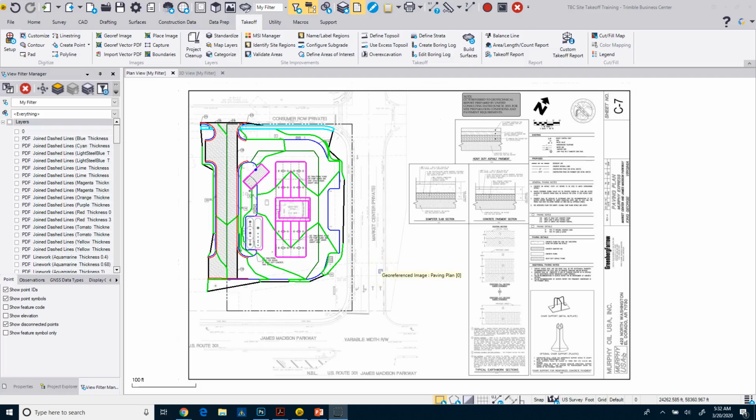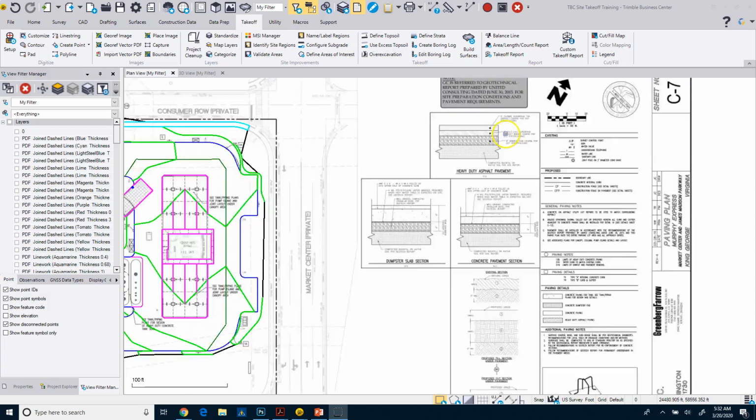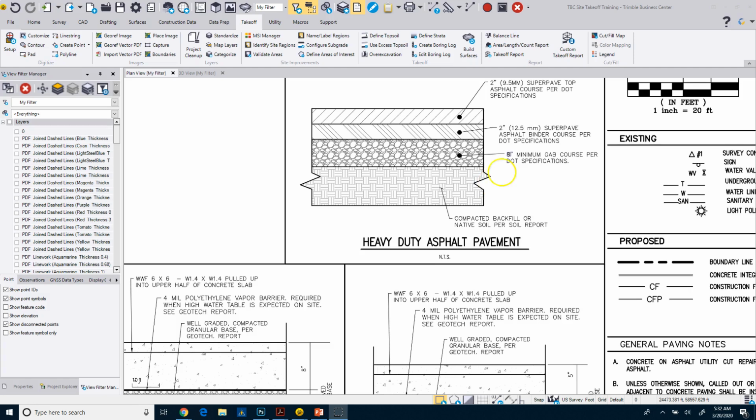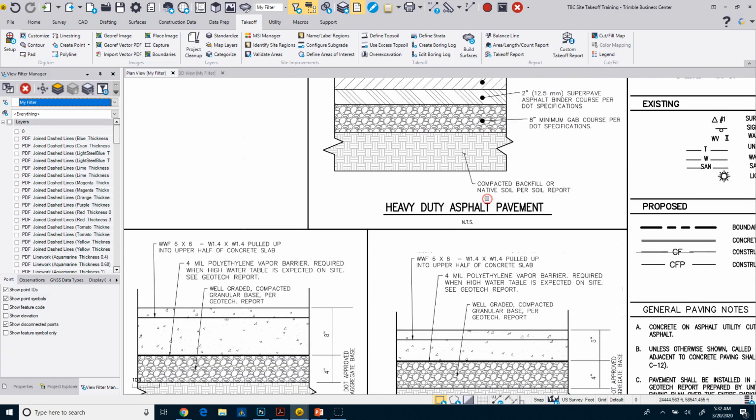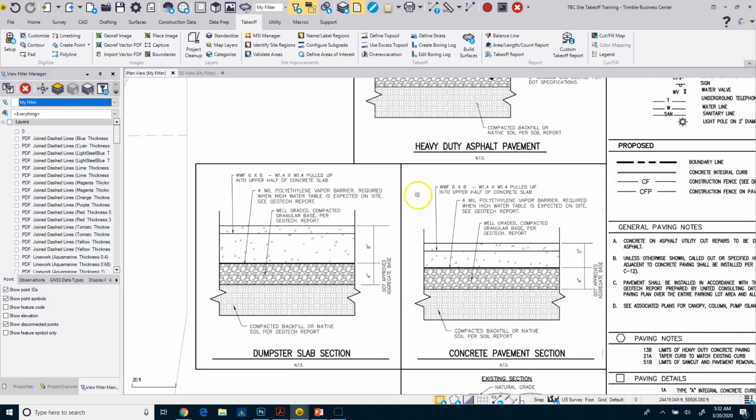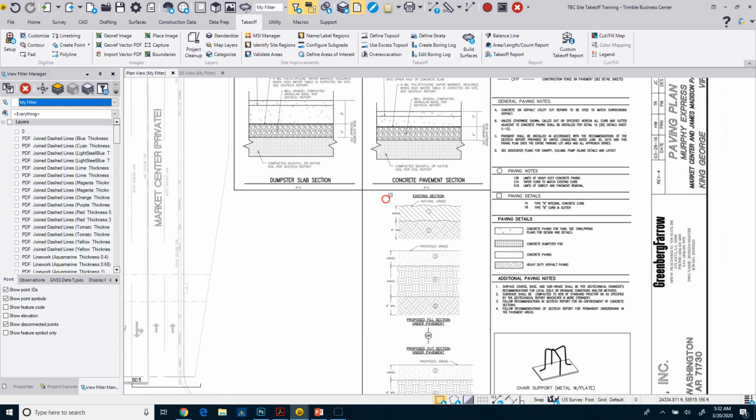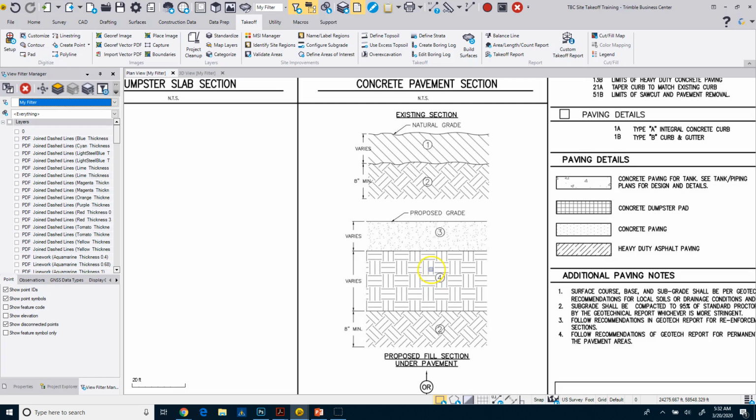Okay, so now that we have our boundary edges, what we need to do before we can add in our site improvements is to actually create our materials for our paving. On the paving plan, there's some information here that tells us the different types of materials we have for each pavement section. So I've got my dumpster, my asphalt, concrete. And if we look down here, we can also see that we've got some existing section and some